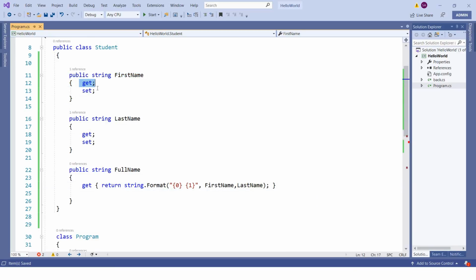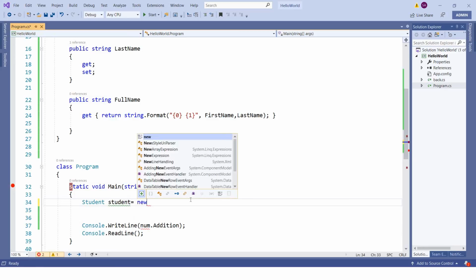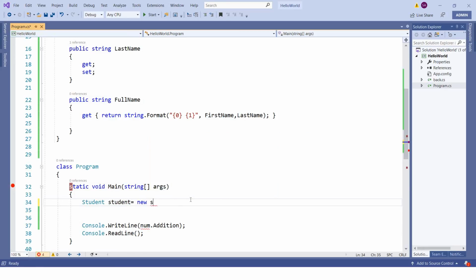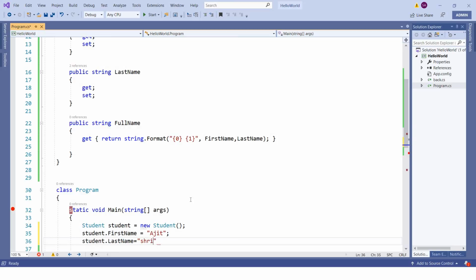We are not providing any functionality here. So now this is not available. Let's again create the instance. Student student equals new Student, and with student dot first name you can simply use it like this, equals Ajit, student dot last name equals Srivastava.